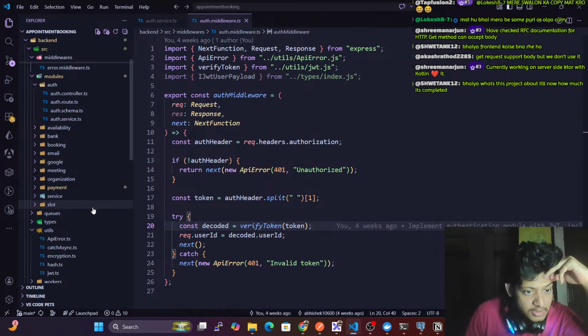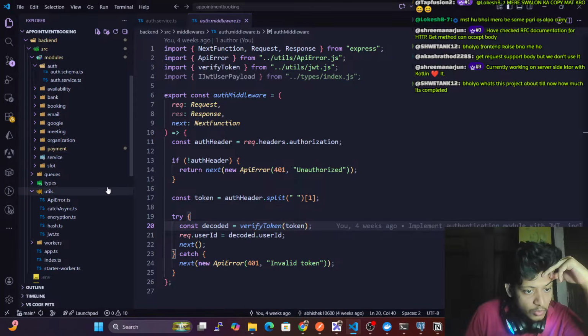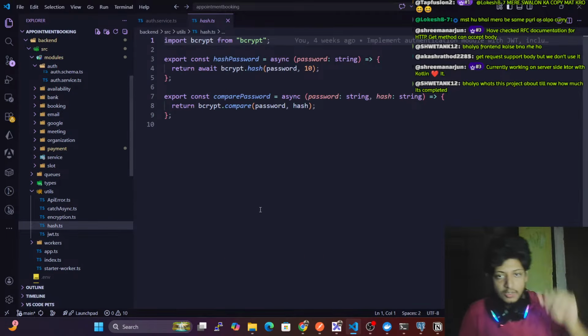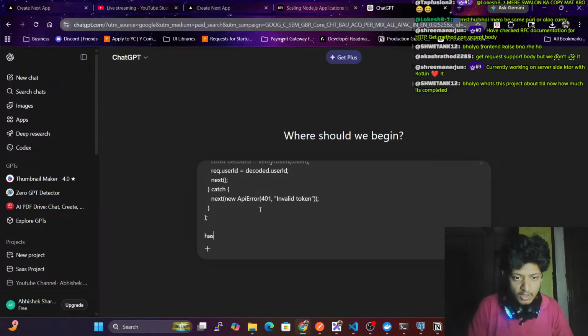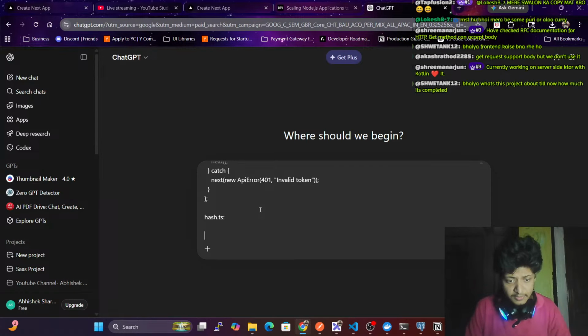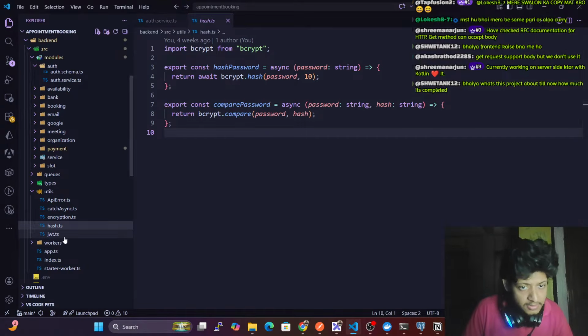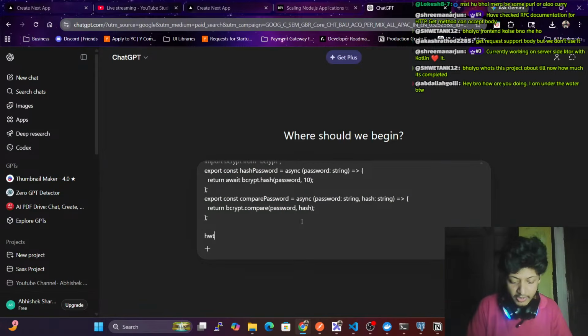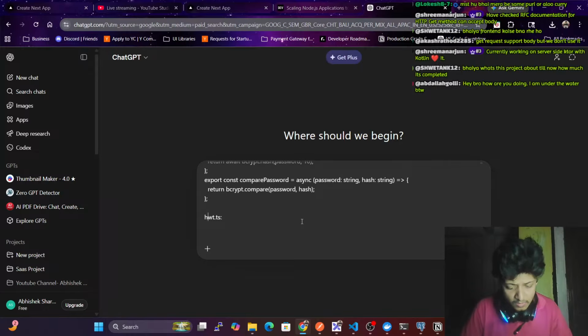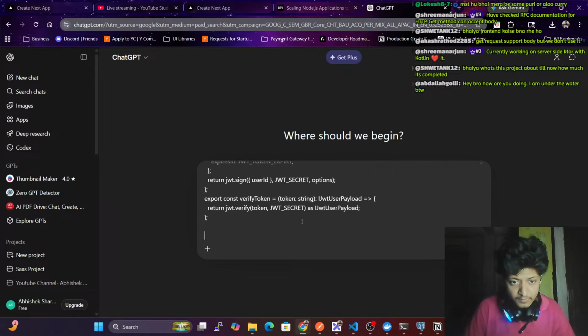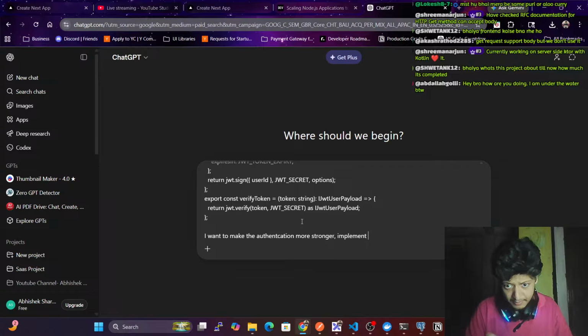So now we have this, and just a sec. Where is my util? Here we have hash.ts, this is my hash.ts, and my jwt.ts. Fine. I want to make the authentication stronger. Implement